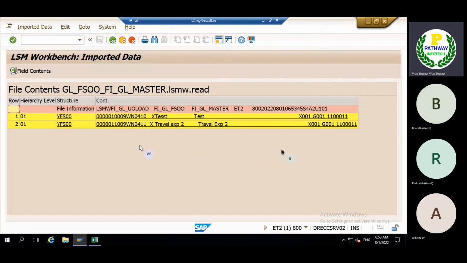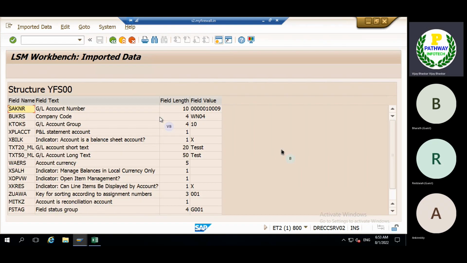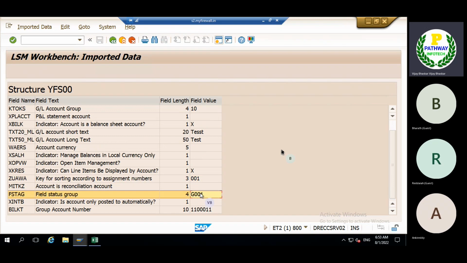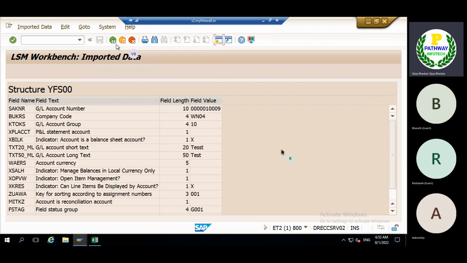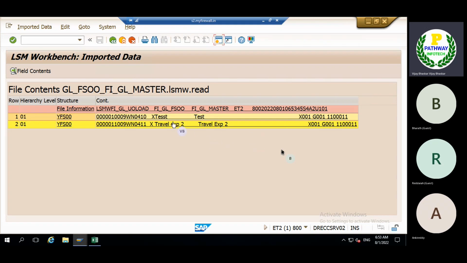We need to understand this step, this is the important one. The data we have uploaded, whether it is read correctly or not as per the table. Now we can see the GL account number is correct, the company code, GL account group, indicator for balance sheet, short text, long text, indicator for line item display, account assignment number of the sort key, and the field status group. With this we will come to know the system is reading our data properly. Remember, you can check here before